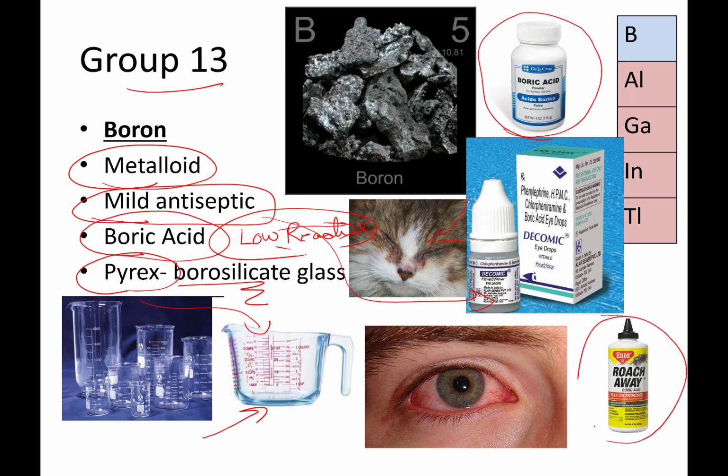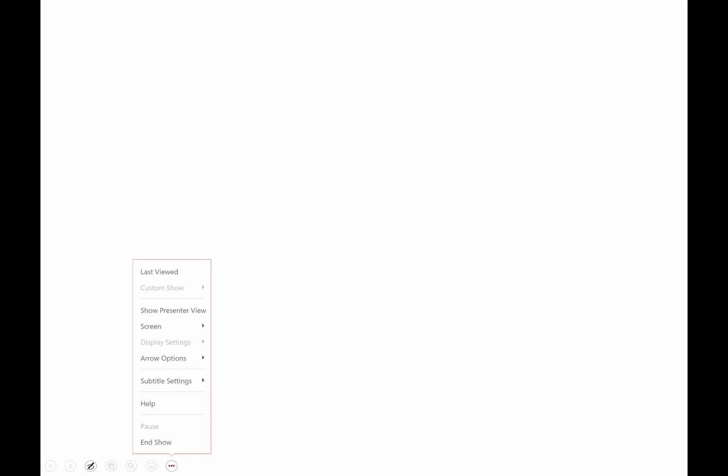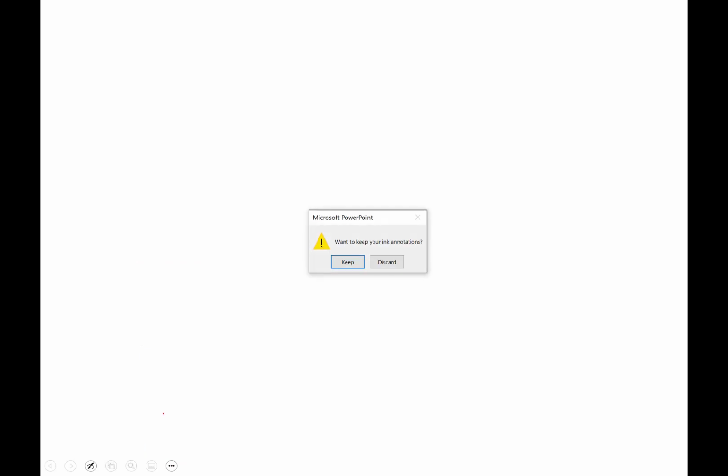Borax, or boric acid, can also be used to kill roaches, which, I don't know, I'm sometimes not terribly fond of roaches, so that will work. That will do for our travels across the periodic table, and we will talk about other